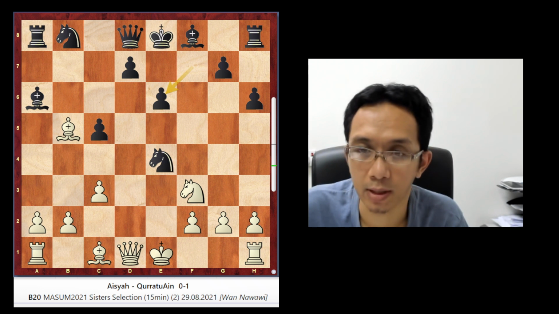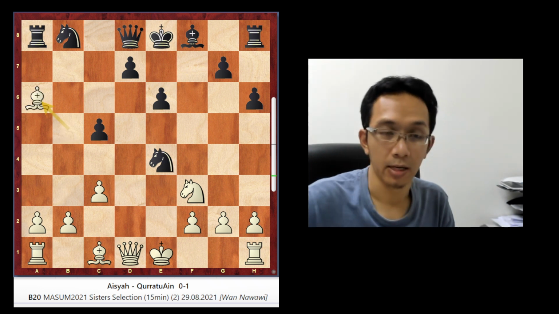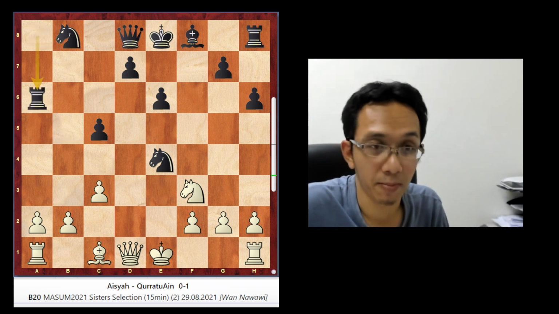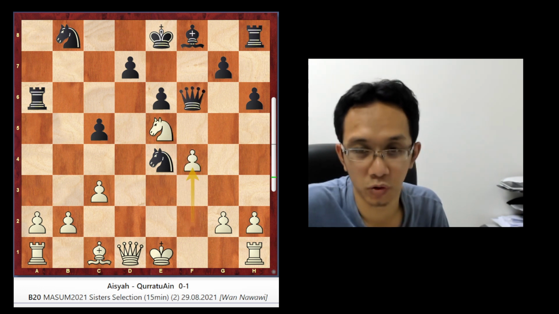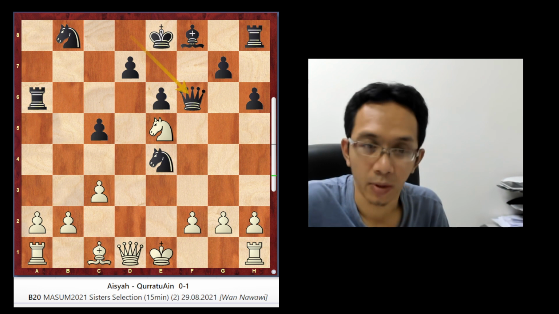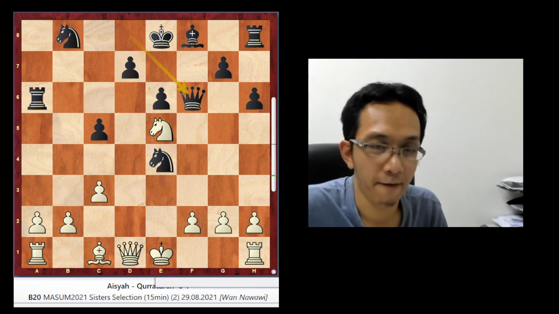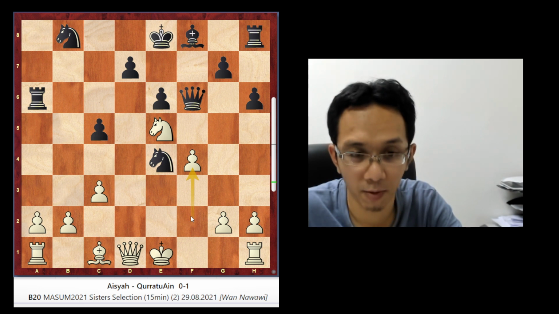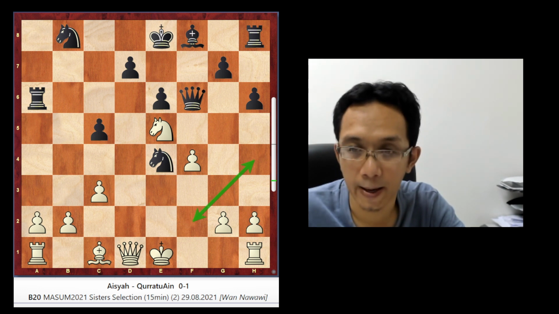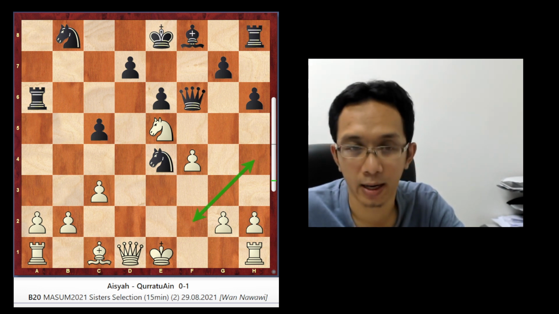Let's go down. Bishop e6. So white takes the bishop, takes, and then Ne5. Queen f. This is just to show you very fast. So now Aisyah plays f4, which, be careful. Always be careful about moving the f pawn up, because you weaken this diagonal. Always be careful about that.